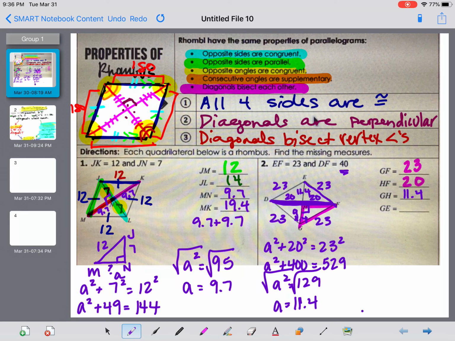And we know that if that part of the diagonal is 11.4, then this part of the diagonal has to be 11.4 too. So GE, which is that whole diagonal piece right there, is going to be 11.4 plus 11.4, which is